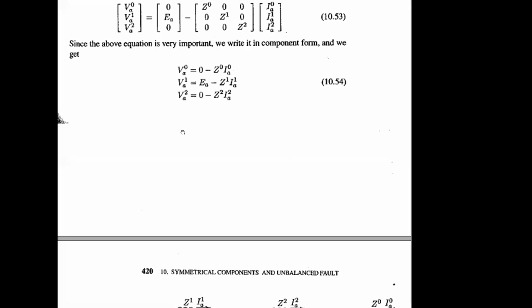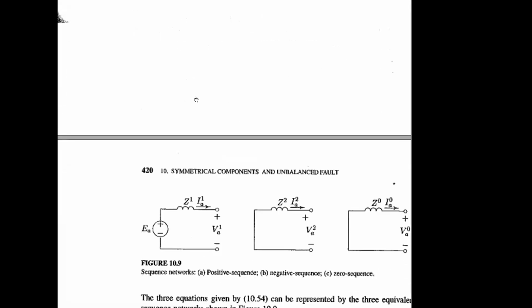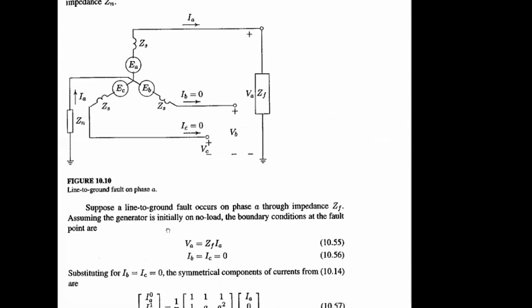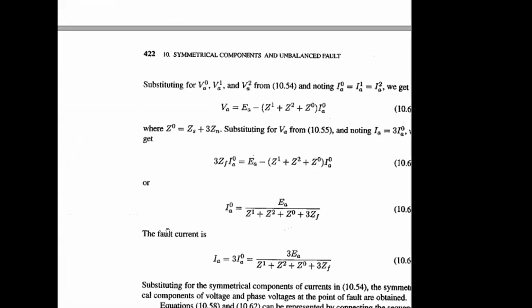If you can recall, the positive sequence will have the source voltage or internal EMF voltage, right? The other two will not have any voltage source. Yes, sir. Now that equation is used for different scenarios of single line to ground or double line to ground. That means VA